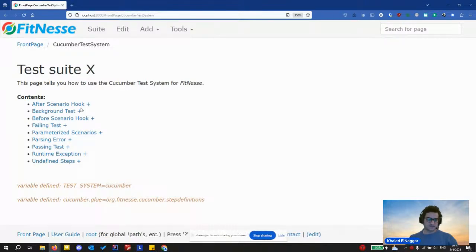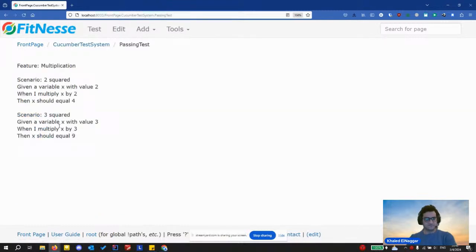in Cucumber, we basically run the feature file that you wrote against Cucumber. We don't extend Cucumber per se. We don't do any modifications. Let's look at some of the features that are implemented in Cucumber or supported in Cucumber. Let's first look at a passing test. A passing test, well, we have the system on the tests. It is a sort of a calculator or a multiplier.